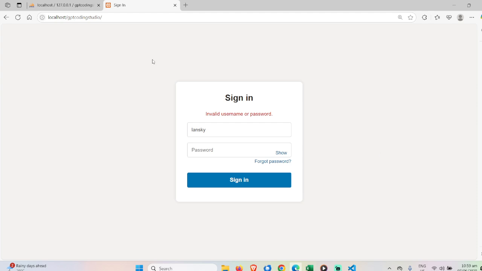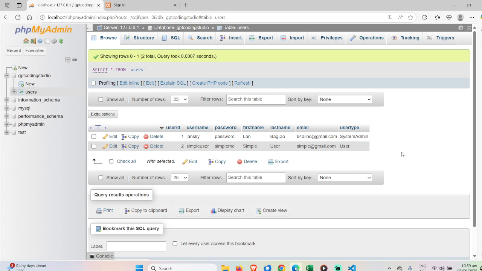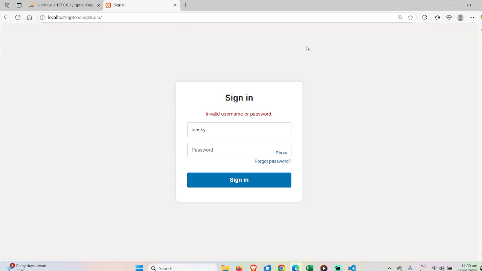So what we're doing now is not yet a secure database, because if someone was able to log in into your database, he or she can see the password of each user. So this is not yet secure. So in the next video, we're going to improve this sign-in page so that it becomes a secure password. We're going to use an algorithm for hashing the password.